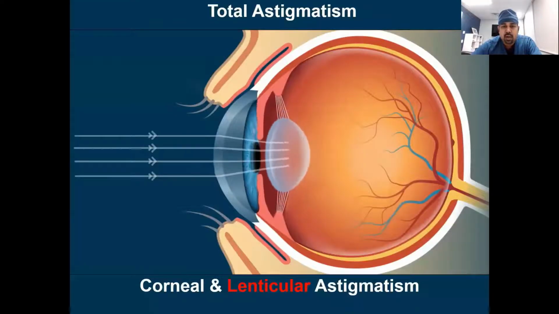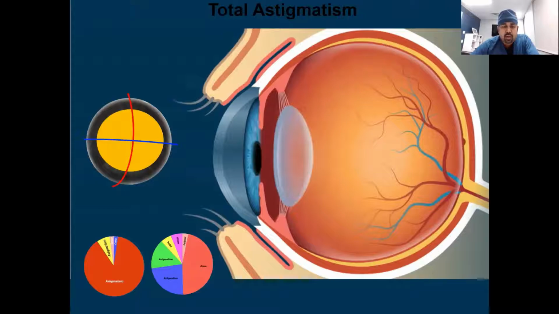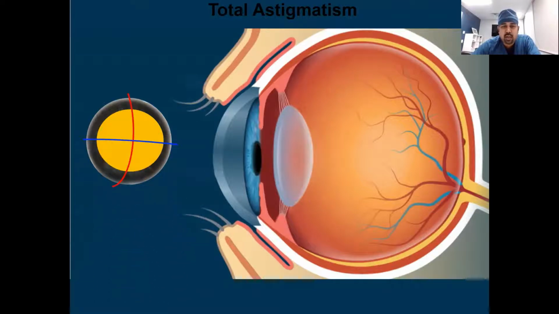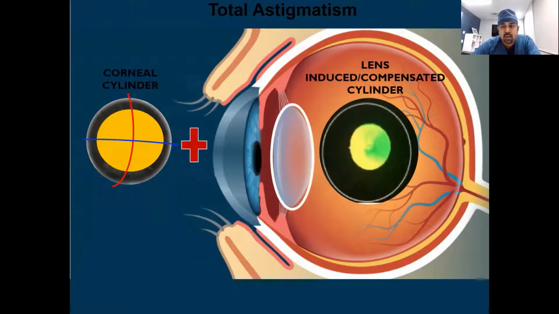Normally we don't expect the lens to do a lot, but what the lens can do is alter the amount of astigmatism that the patient shows on refraction. We studied these profiles inferiorly, and what we are showing here is the component of astigmatism contributed by the actual astigmatism and that contributed by the coma. These influence the amount of cylinder that the patient has on the cornea. Along with that, the lenticular changes, or the lens that can induce or compensate cylinders, together give you the final acceptance of the patient on refraction.